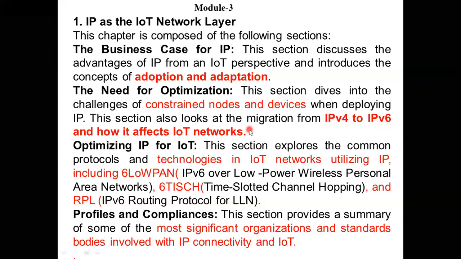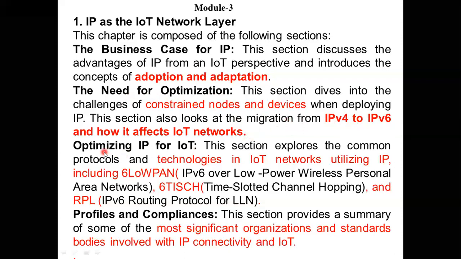That is why we have to migrate. We use the term migration, because almost everywhere we are using IPv4, so we have to migrate from IPv4 to IPv6. That is required, right? That is the need for optimization. One of the optimization methods we have to use is nothing other than migrating from IPv4 to IPv6, because most of the time in the Internet of Things it is better to use IPv6.